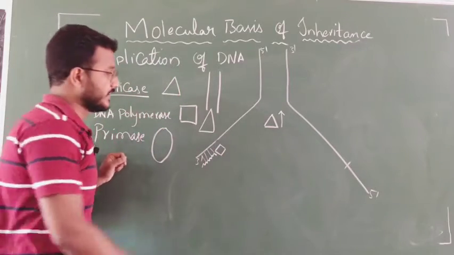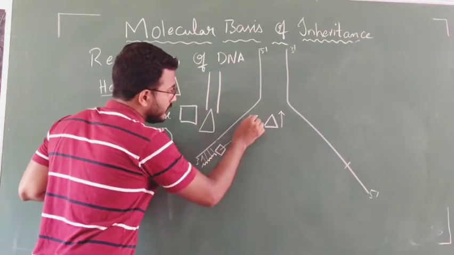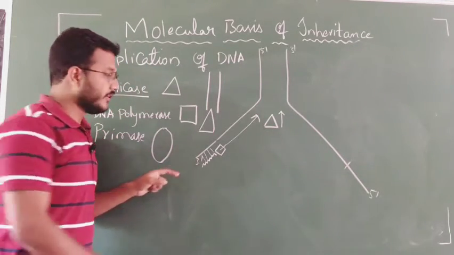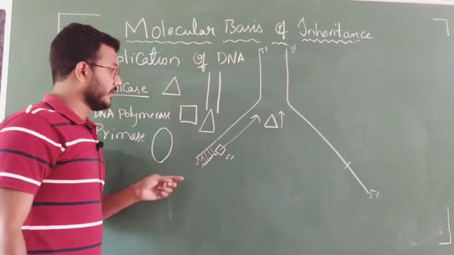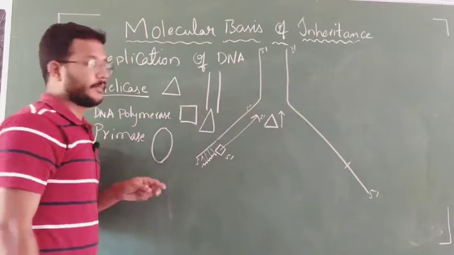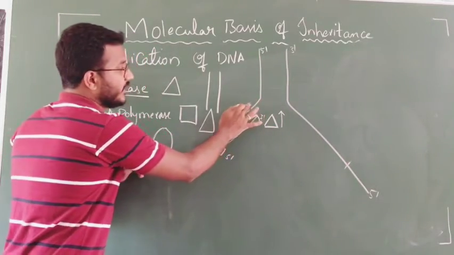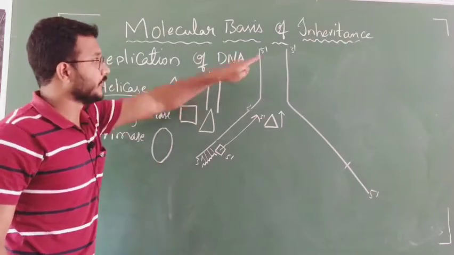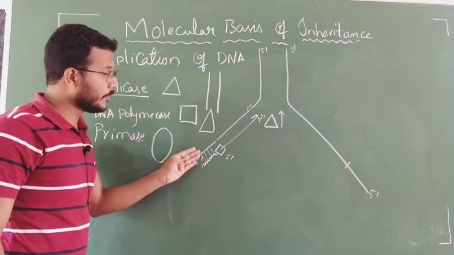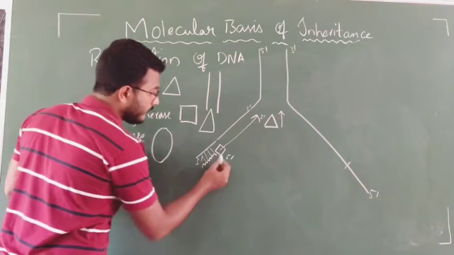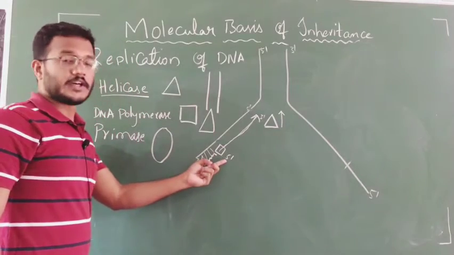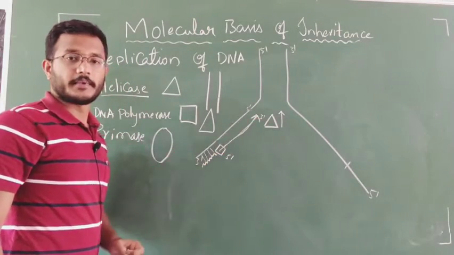The DNA polymerase initiates its function, which has to maintain the complementarity. So that means here, if it is 3' end, it is 5', and this is 3' end, and here 5'. That means if you cut the DNA here, the strand here is the polarity is 5' only, because the whole strand is 5'. If you cut here, this is 3' end only. So as a complementarity, we have to synthesize the new strand in a complementary manner. So it is obviously the 5' end, and this is the 3' end.